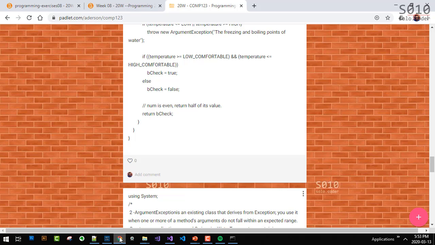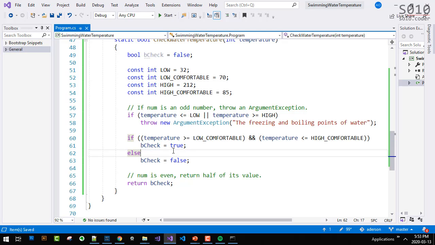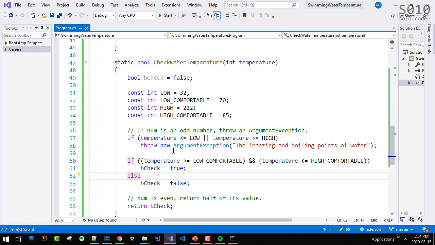You have a question? Yep, go ahead. If there is a mismatch in the data type, for example I entered an integer and what was asked was a string, or I entered a string but what was asked was a number, what do you think will happen here? 0.